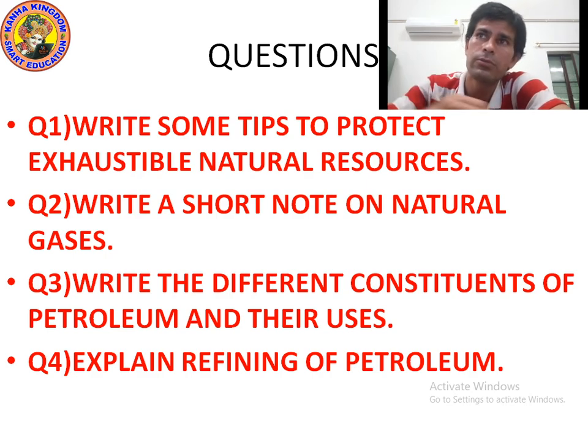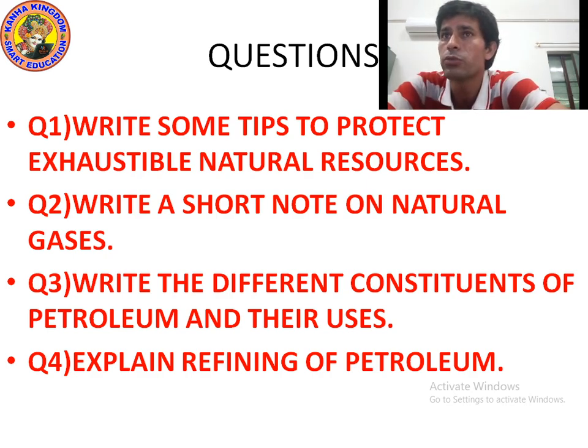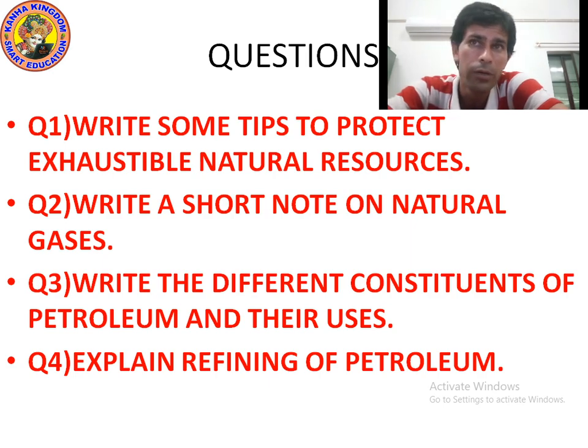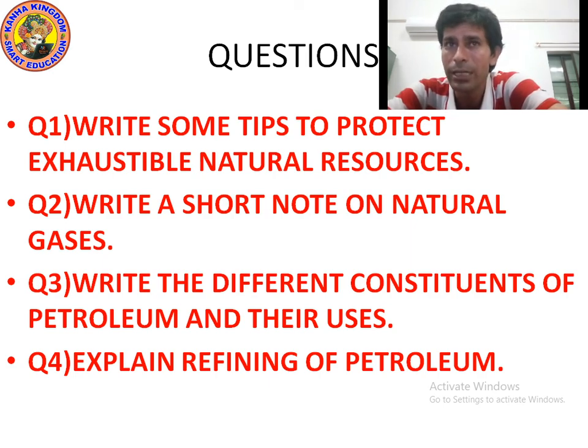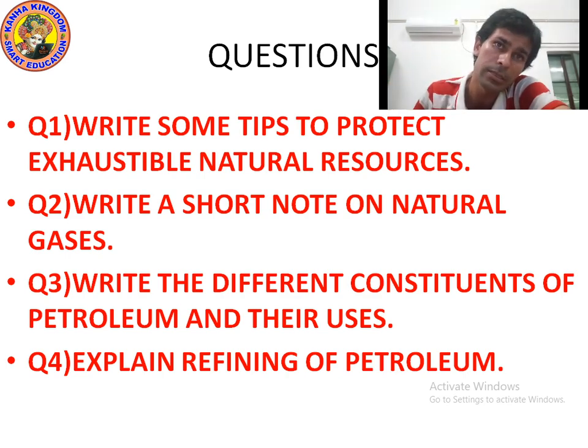Natural gas is a very important fossil fuel because it is easy to transport through pipes. Natural gas is stored under high pressure as compressed natural gas, CNG. CNG is used for power generation. It is now being used as a fuel for transport vehicles because it is less polluting. It is a cleaner fuel. The great advantage of CNG is that it can be used directly for burning in homes and factories, where it can be supplied through pipes. Such a network of pipelines exists in Vadodara, some parts of Delhi and other places.